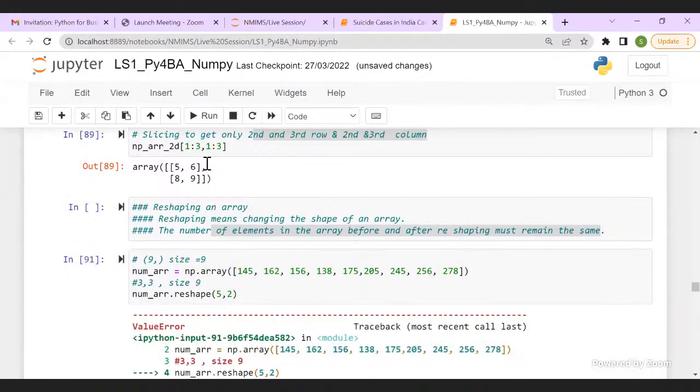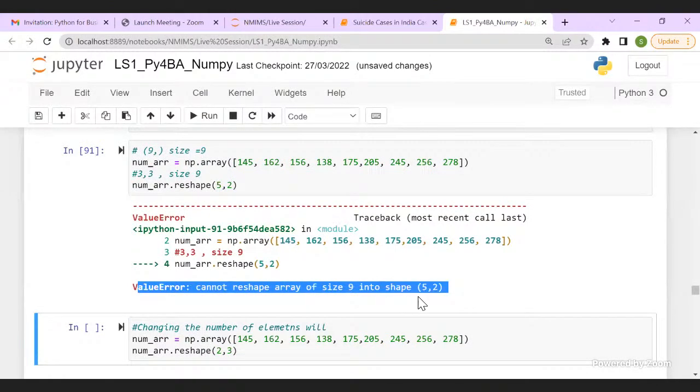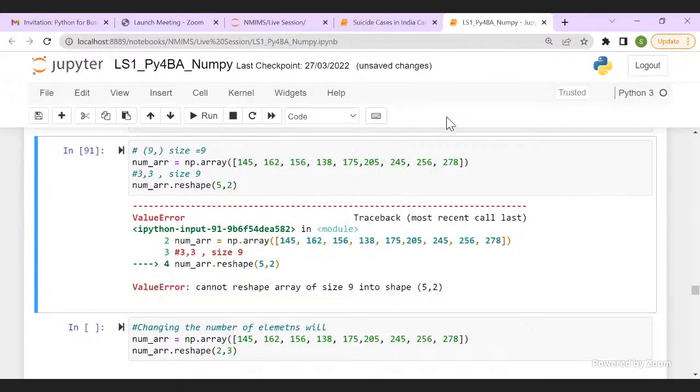It will give me an error, because ValueError: cannot reshape array of size 9 into shape (5,2), because the size here would be 10. Vishwadeep, it is 2 dimensions. We had 1 dimension, here I have 2 dimensions, but the total size has changed to 10. So that is why there is an error.